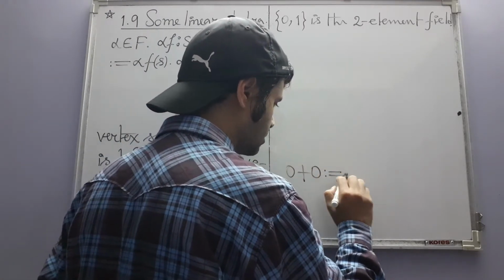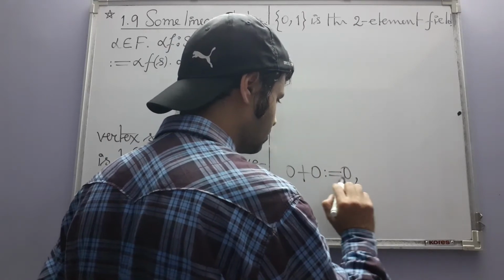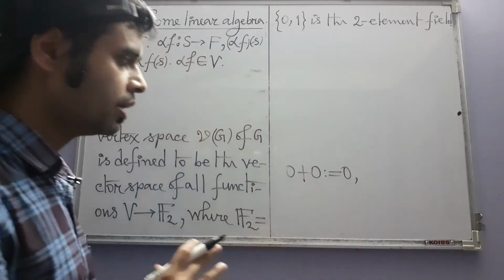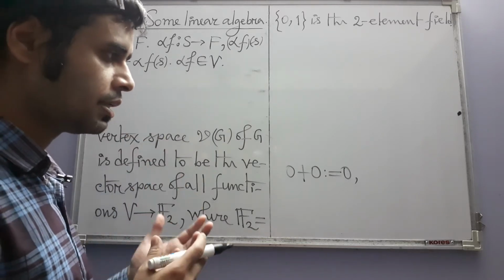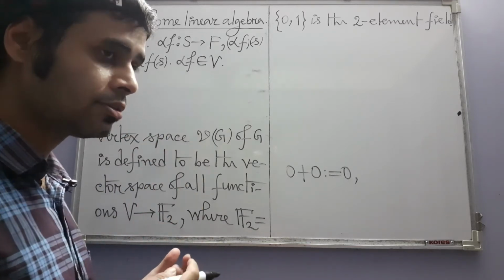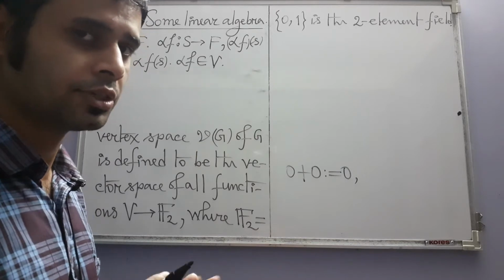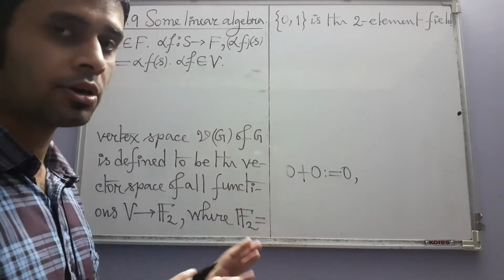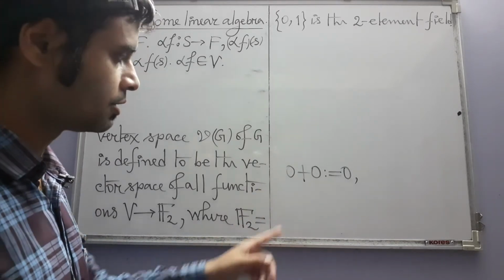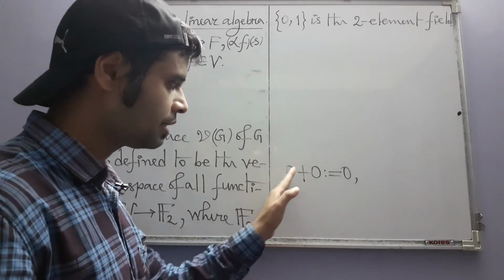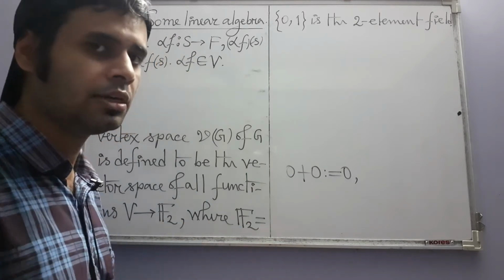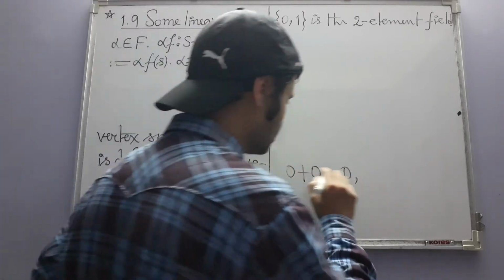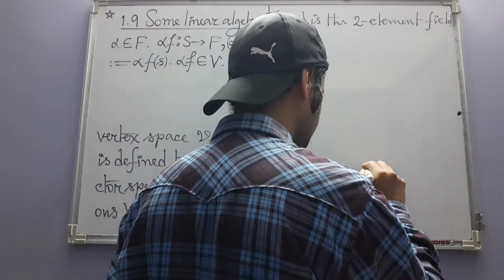0 plus 0 is defined to be equal to 0. It may look foolish. You may say something like this: I already know 0 plus 0 is 0. No, you don't know. This 0 is not ordinary 0, it's just an abstract symbol. So, unless we define what 0 plus 0 is, this expression is meaningless. But now its meaning is 0. Just like that,